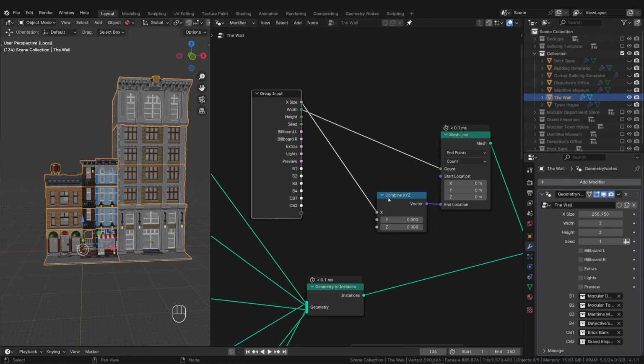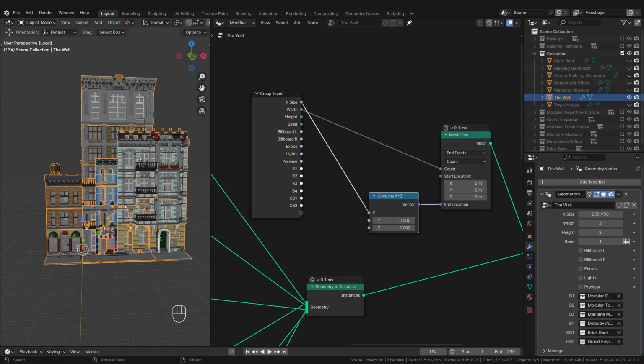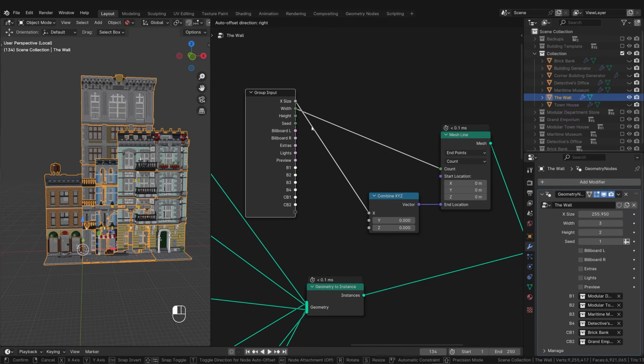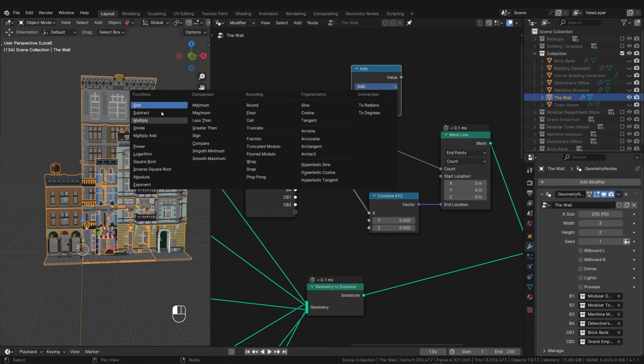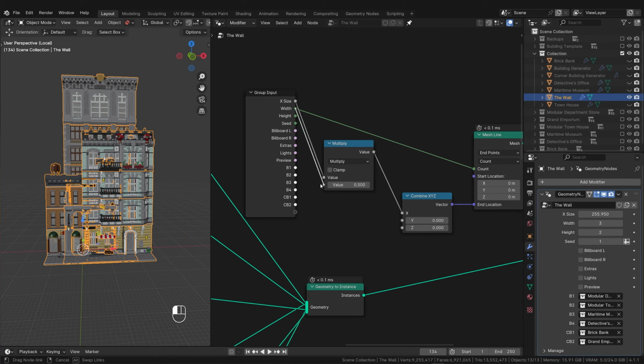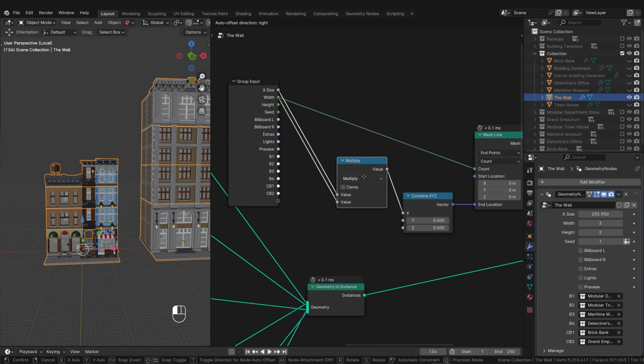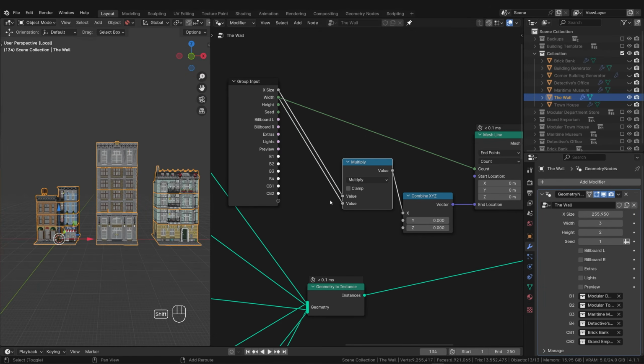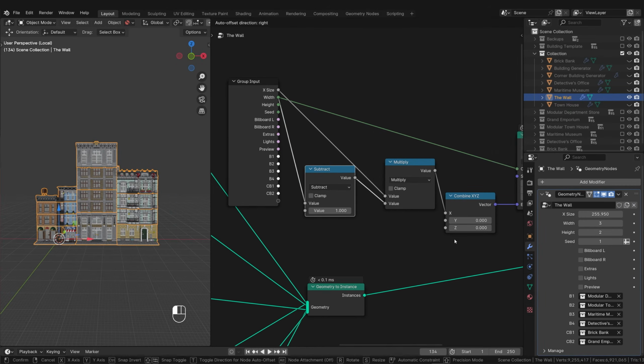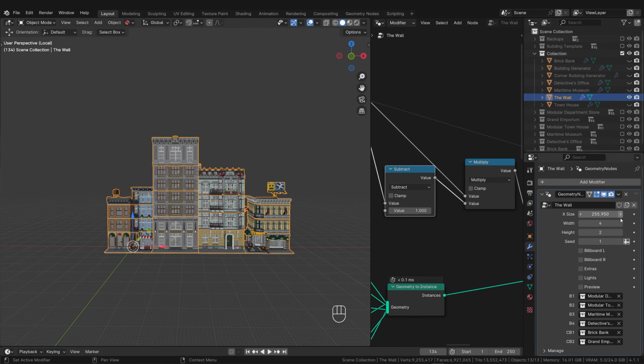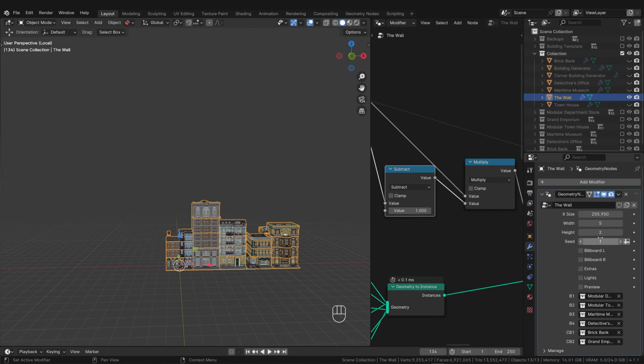If we increase the width, the x size must also increase, so we need a math node on multiply and multiply the x size by the width. Not the complete width, but the width minus 1. And now we can set the height and the width in the modifier properties.